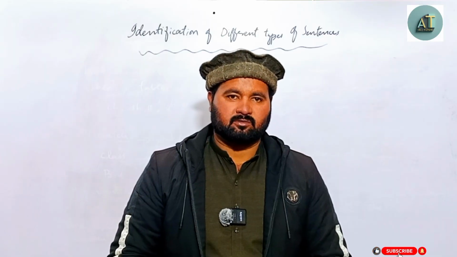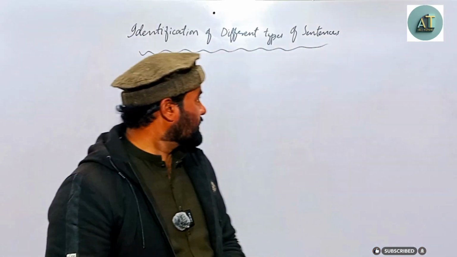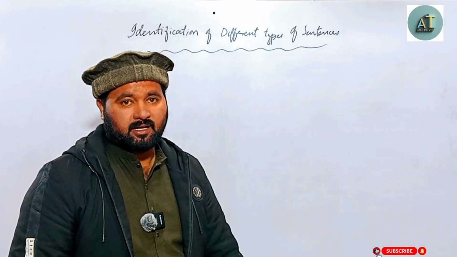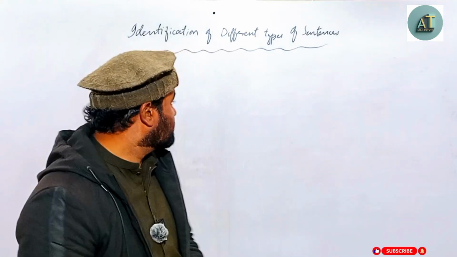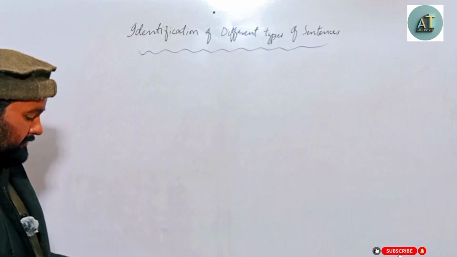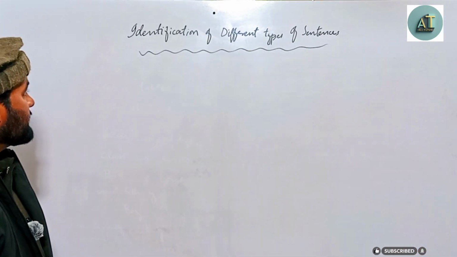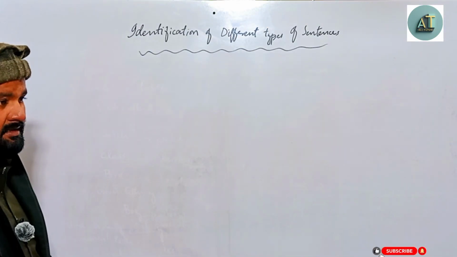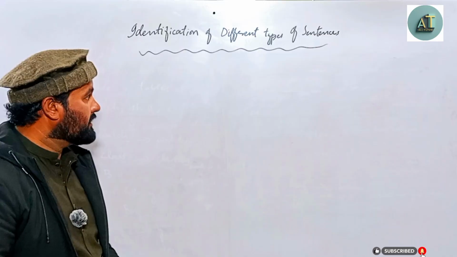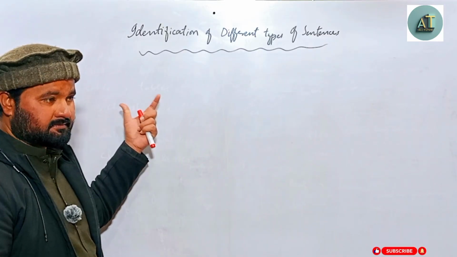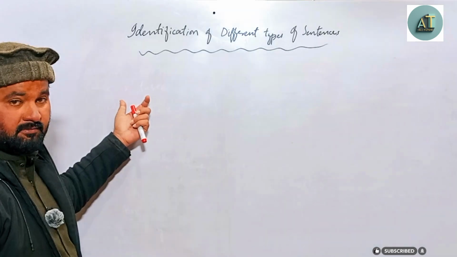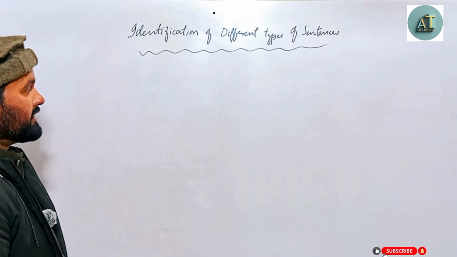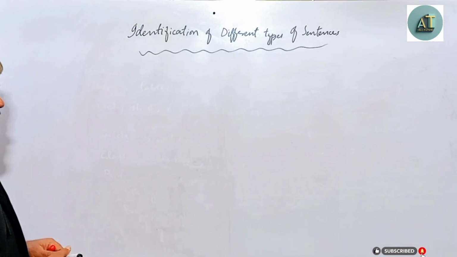We are going to discuss different types of sentences and their identification. There are different types of sentences, and identification is not so difficult if we try to focus on the basic identification method. We can identify easily the given sentence, like